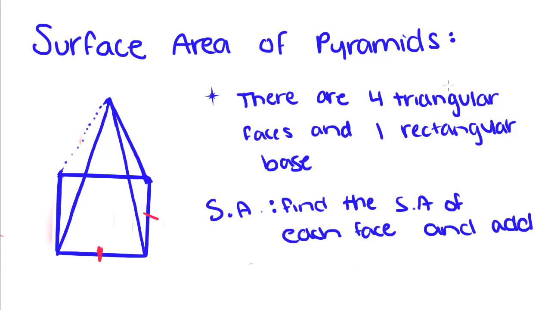So to find the surface area of a pyramid, you're going to find the surface area of each face and add them together. So we're going to write our own little formula right here. Surface area equals, first we're going to find the area of the base, which is going to be length times width, or because it's a square, side squared, plus the area of this triangle, which